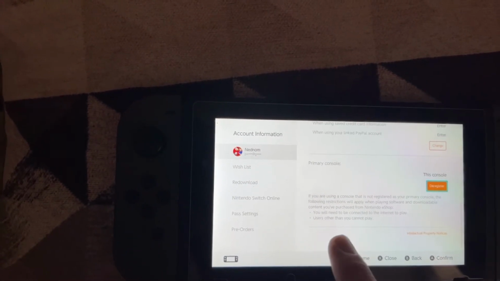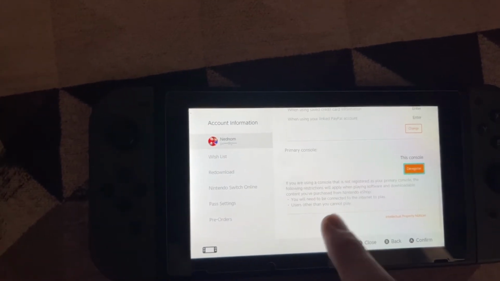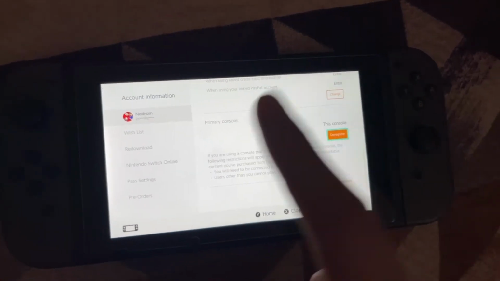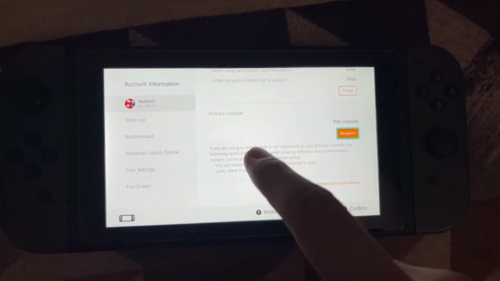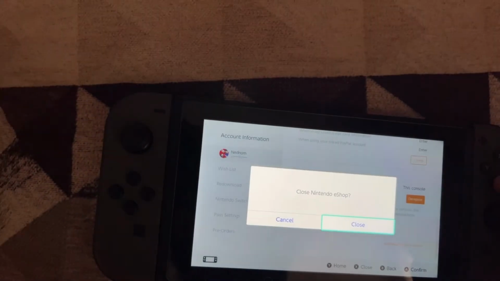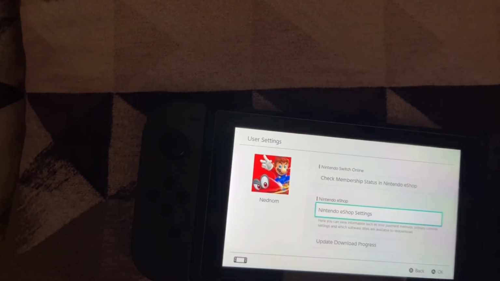So if you want to game share on this console, what you can do is either deregister this, but if you deregister, you can read through this information here, so you can register another console on this primary account. And if you have all of your information or all of the games you want to share on this account,